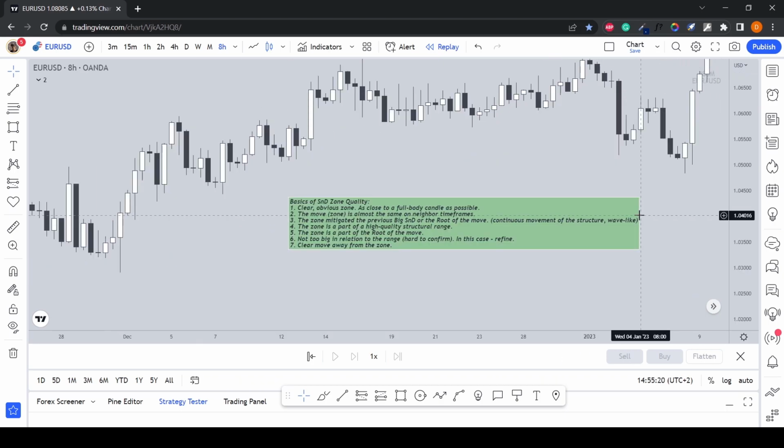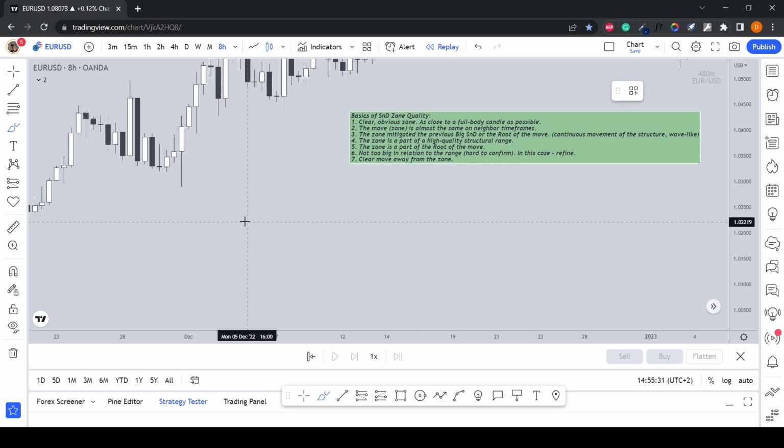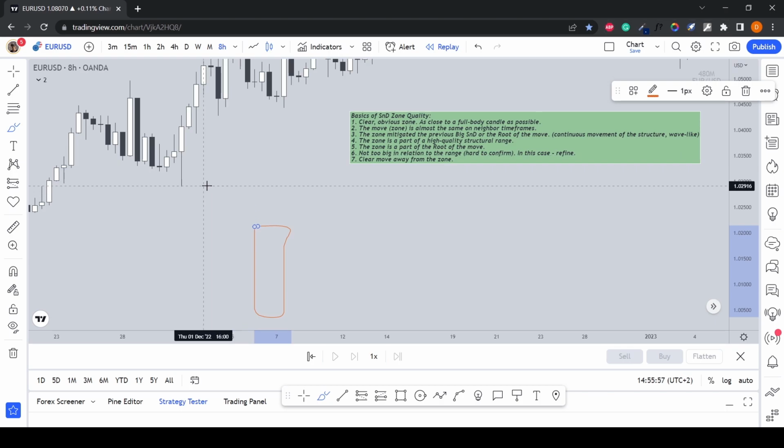Now let's discuss the next quality. It is that the move zone is almost the same on neighbor timeframes. So what I mean by that is sometimes when you see a candle, this is a zone, yeah, this is a zone. You have some kind of a down move, and then the last down move and up move. And then when you switch inside, you can see that this one candle